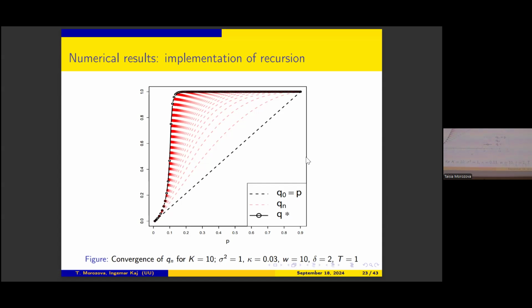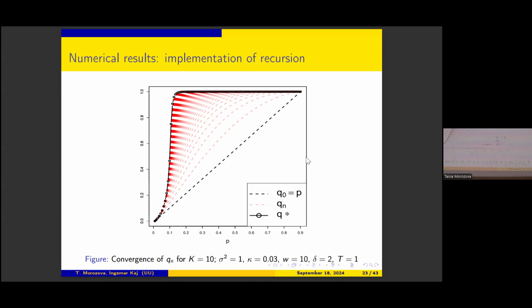And then in our definition for Q, we start to recursively define it at each time slot, one by one, and then at some point you can notice that it doesn't change anymore, and then you might think that you actually get the limit. For this case, we actually had a theoretical limit, which is the black line here. So you can see that at some point you will reach this limit.